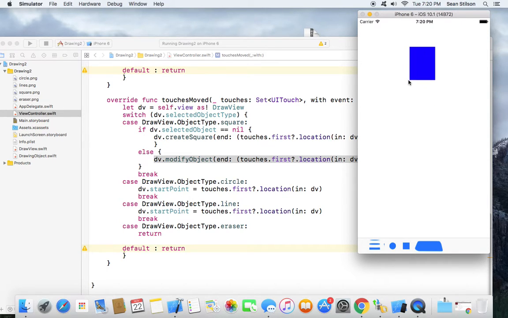So did you click on anything to create the box or just start drawing? I clicked on the square, so I knew I had the square as a selected object type. But I also noticed that the square is going away every time I create a new one. Yeah, that's what mine does too, which it should not. If you click on another thing, it doesn't delete it, but if you keep it on the square, it deletes. Oh, I know why, because we're only using one object at any time. We're never, like when the touches end,